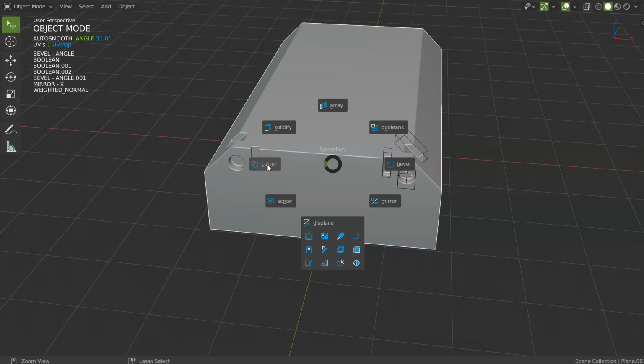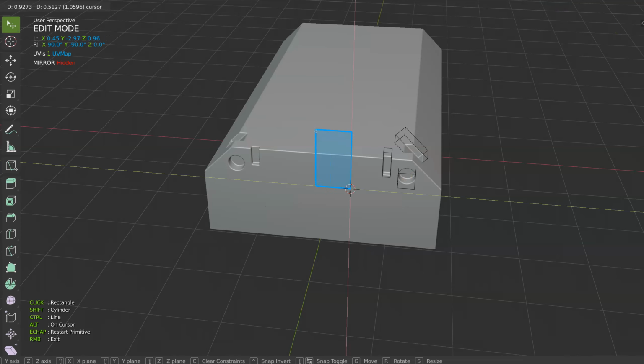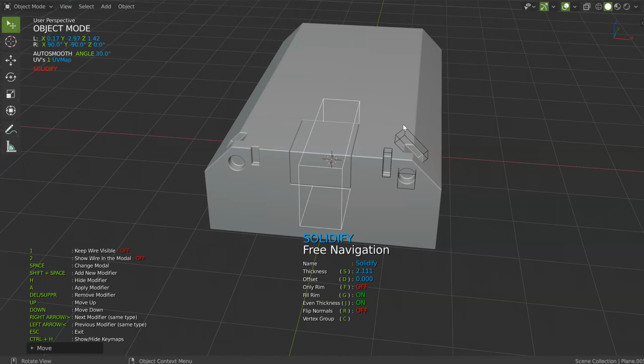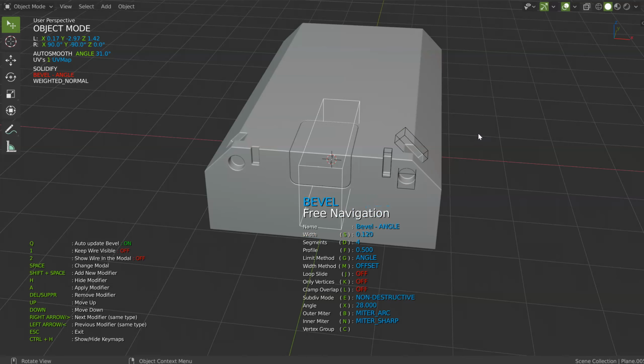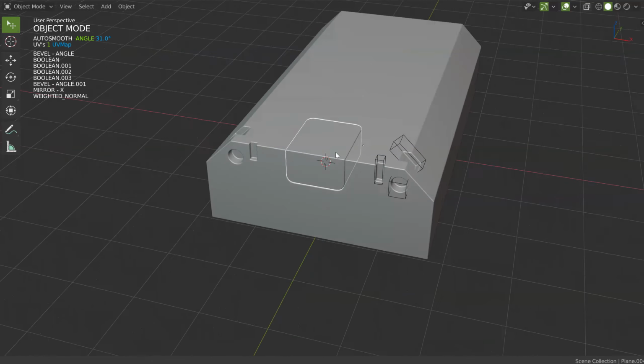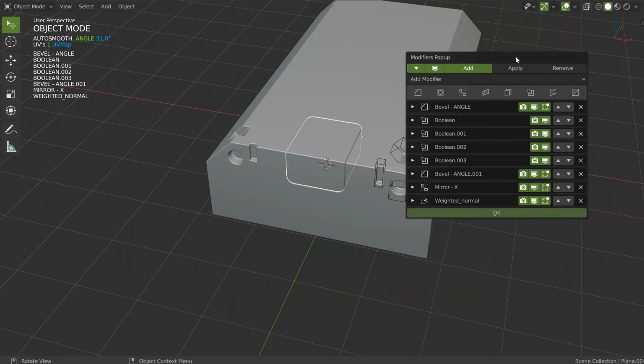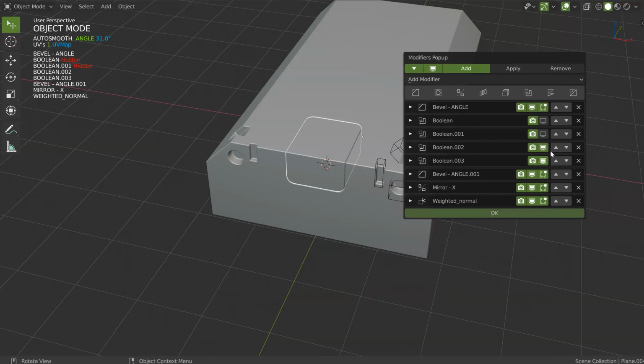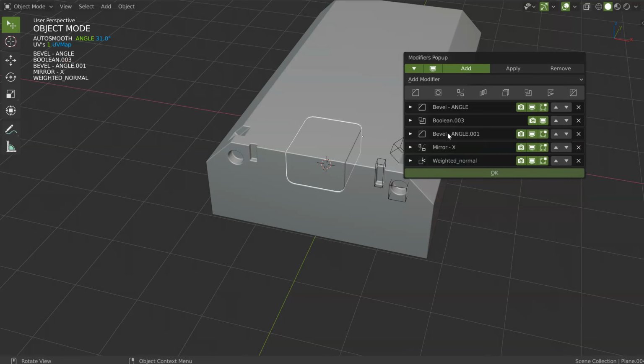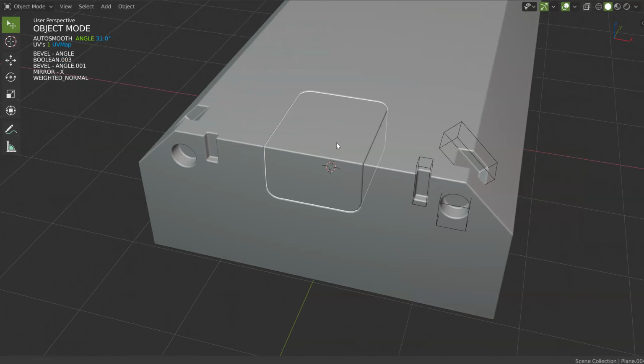Same if I press Ctrl and I make something like that, boom, I will make a rebel on this, just like that. After you can clean the modifiers on the object you don't want. This one is okay, so like that you will have a lighter object.